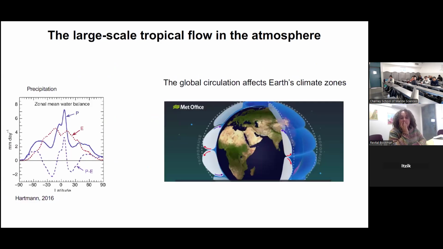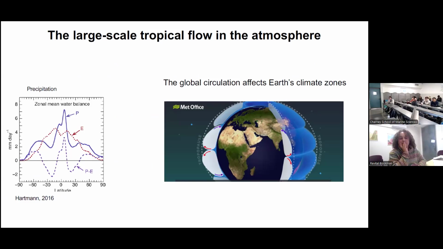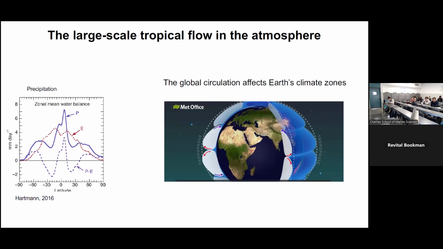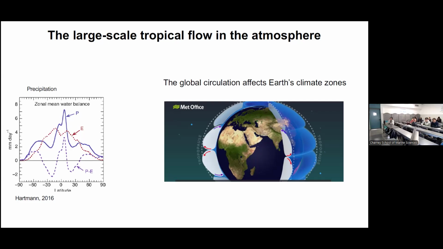Okay, so I'm going to focus on the tropical circulation. I'm showing you a snapshot from a video from the Met Office that illustrates the tropical circulation. There are different circulation types in the tropics, and the Hadley circulation is the main one. What you see here is Earth, and those bubbles are a cross-section of the atmosphere, okay? And the arrows show you how the air flows within the atmosphere. You can see that the air is rising around the equator. It goes up in the atmosphere, and when it reaches the upper bound of the troposphere, it goes polewards